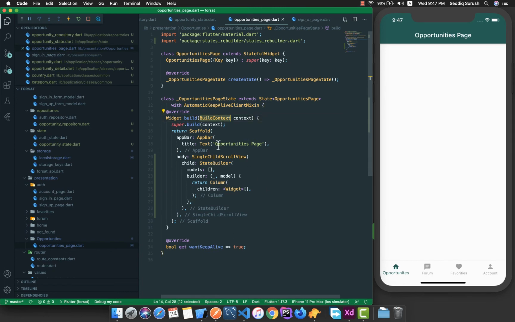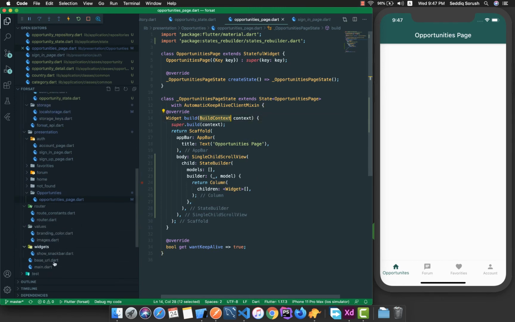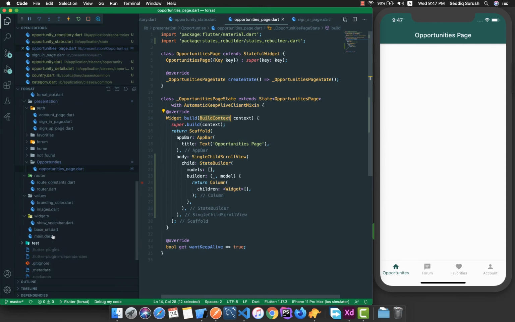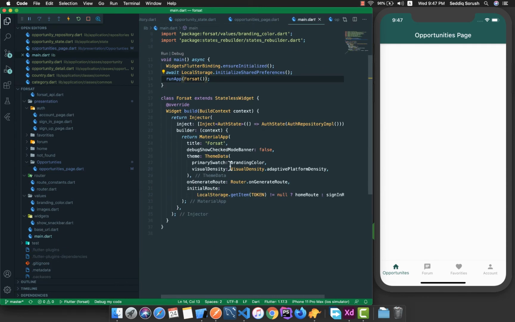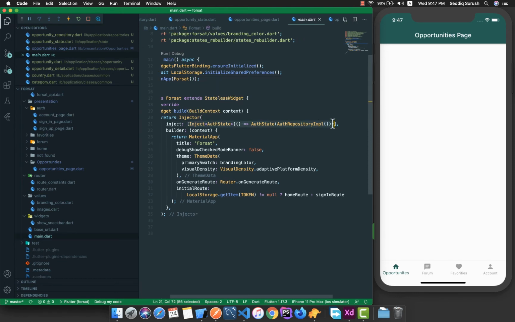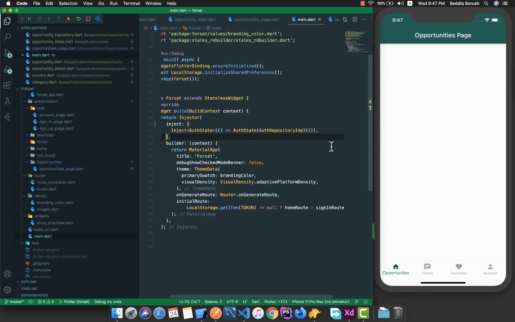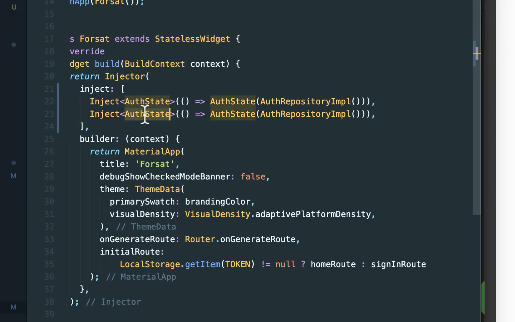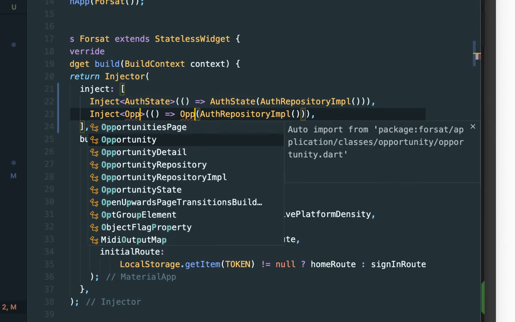So for that, we need to go to the main page here. Inside the main page, if you remember, we have this auth repository that we created before. So here, we can create another one. Just let me copy this one, and right now I am going to create this one for our opportunity